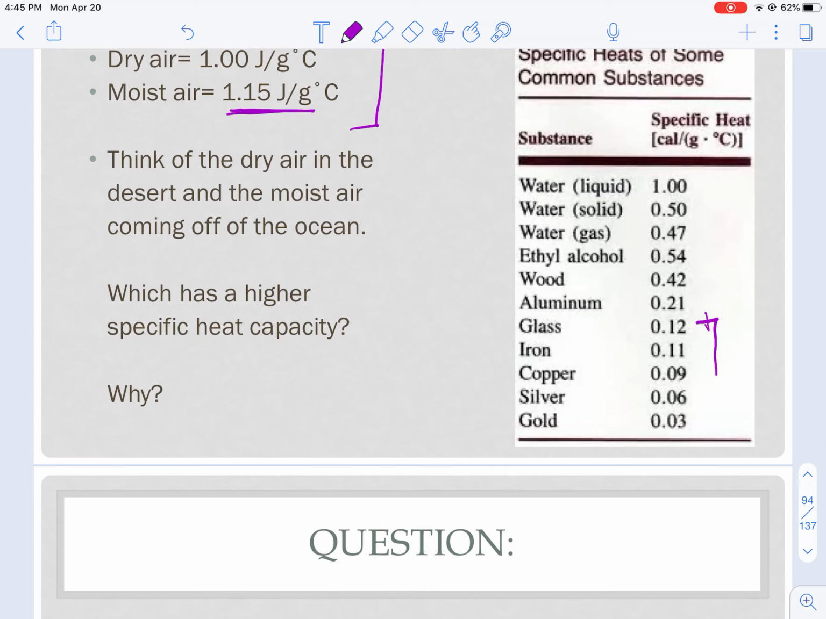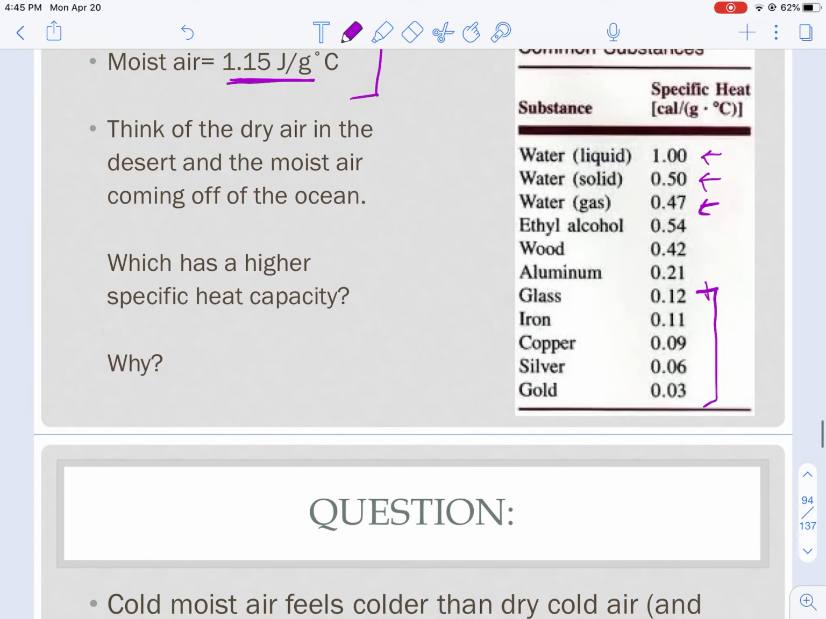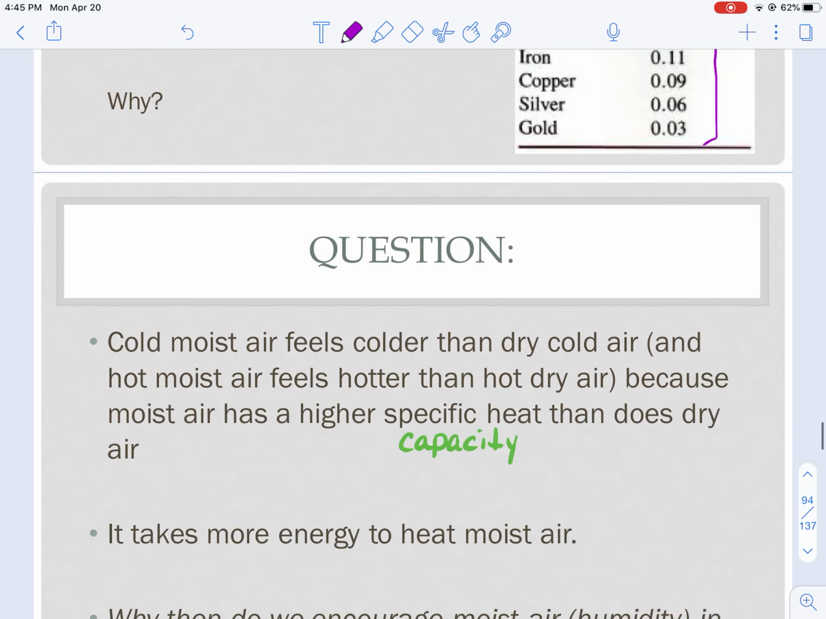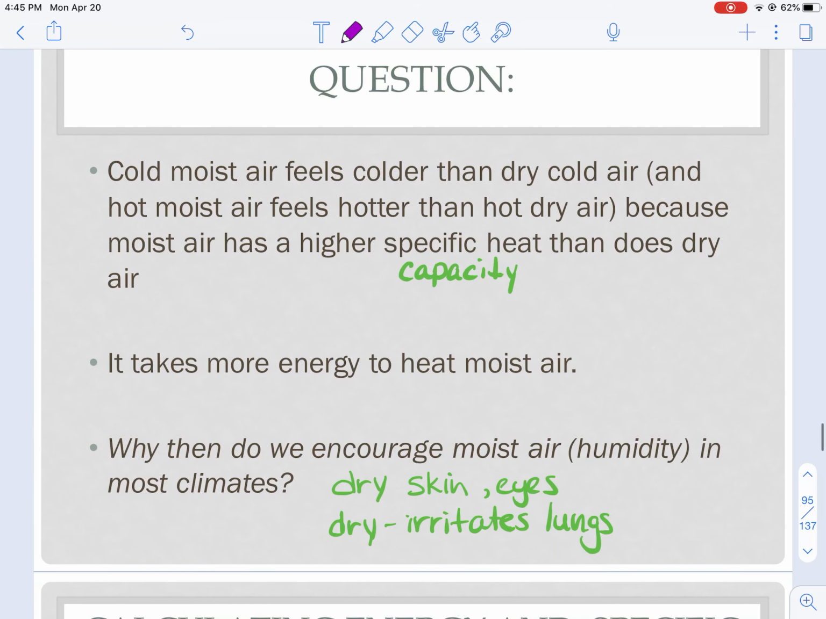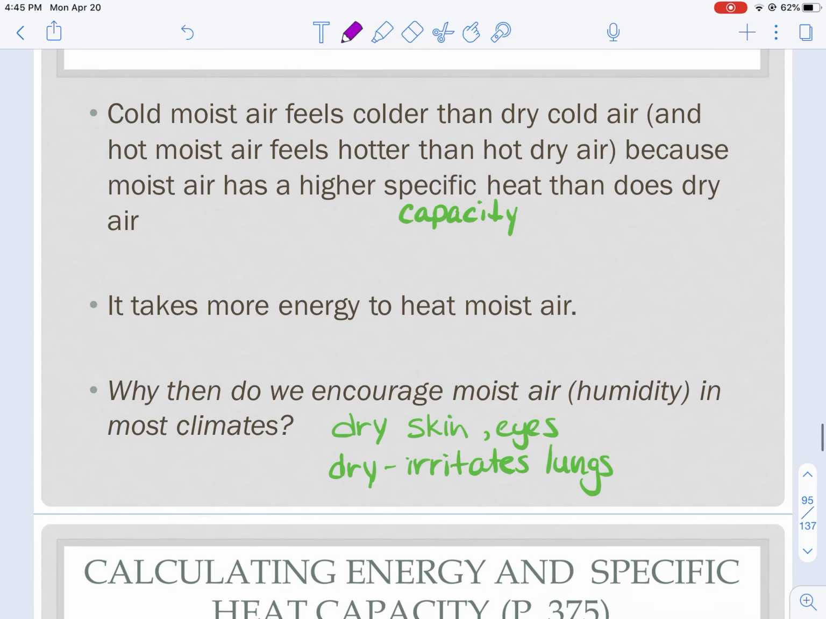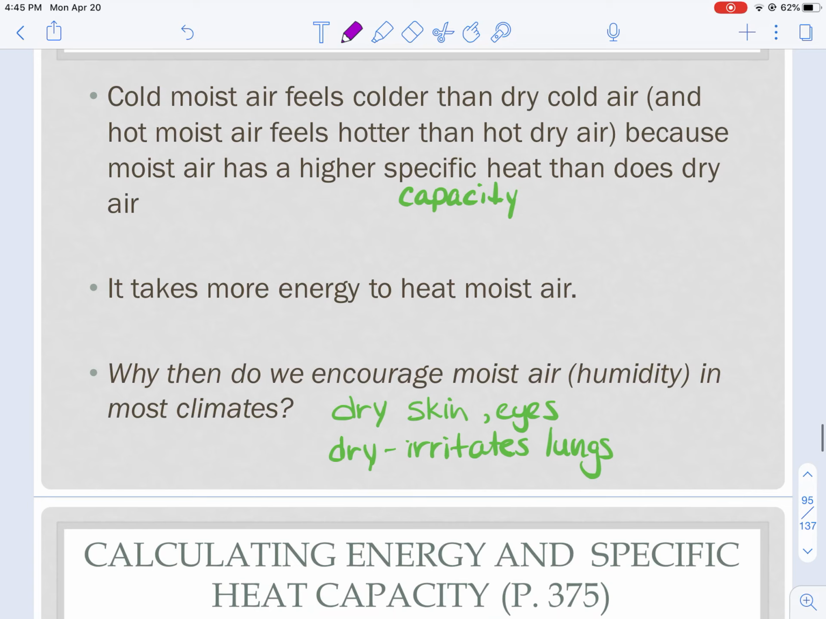Here's a few heat capacities showing again that things that are metallic are not good for holding on to heat, and that liquid water can hold on to heat more, twice as well as something like the gas or solid version of water. And so there's your little chart. Okay, so it says